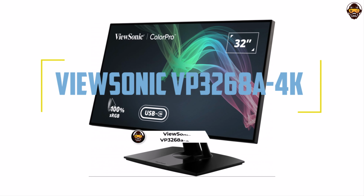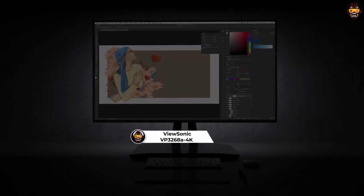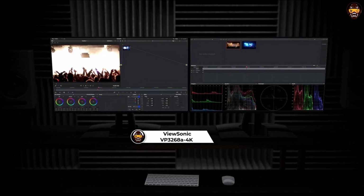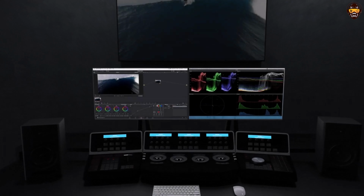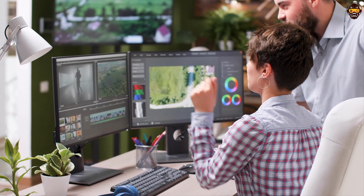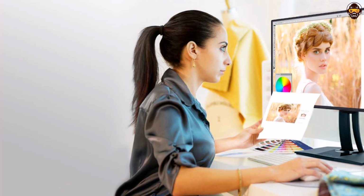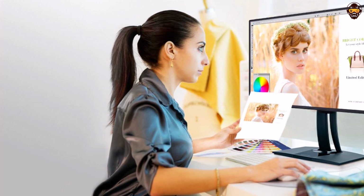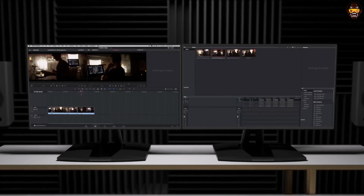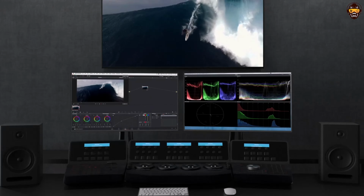Number 3. ViewSonic VP3268A 4K, precision and comfort for graphic designers in 2025. The ViewSonic VP3268A 4K 32-inch monitor is engineered to meet the exacting standards of professional graphic designers, marking it as a prime choice for Best Monitor for Graphic Design 2025. This 4K UHD IPS monitor combines top-tier visual performance with user-centric features to enhance productivity and